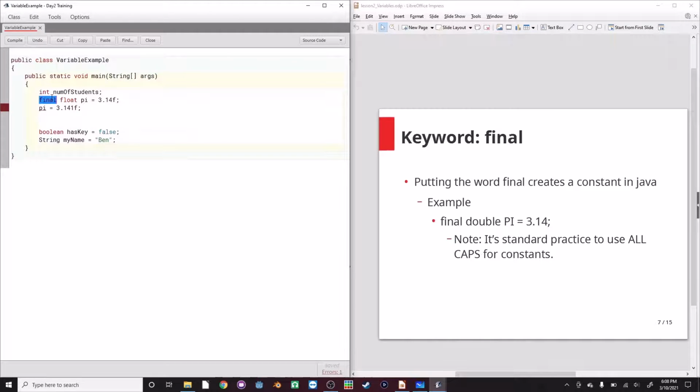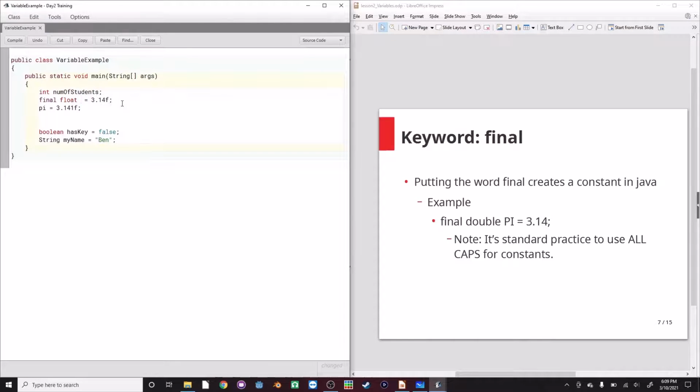So what the word final means is I'm gonna give it a value, and that's it. You're not gonna be allowed to change it. This is really good for making constants. Now, if you ever make a constant, in other words, you say that it's final, the standard convention is to make the entire variable capitalized. This can get a little confusing, but this is just standard. If you do have multiple words, this might be a good time to use some snake case. So pi to places. That's a terrible variable name, but this is an example of one way to make it easier to read